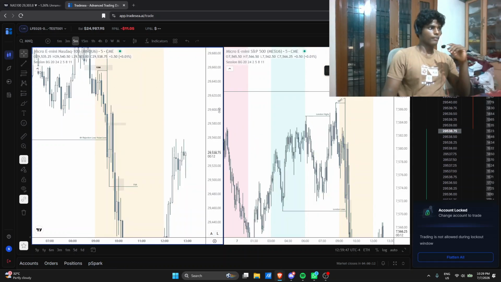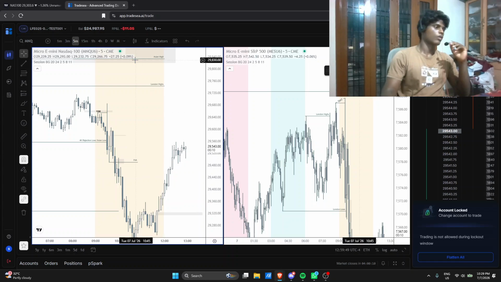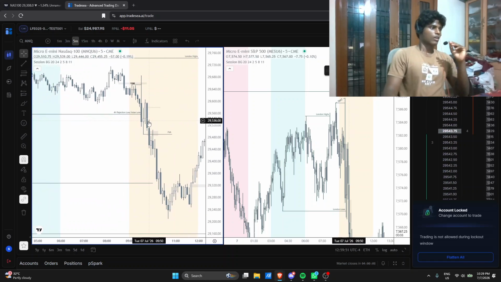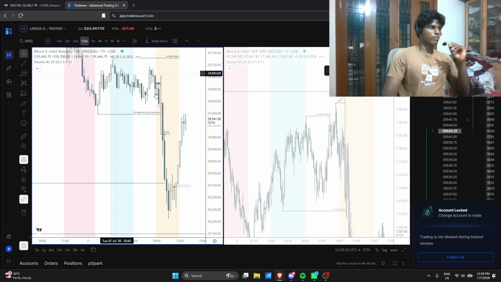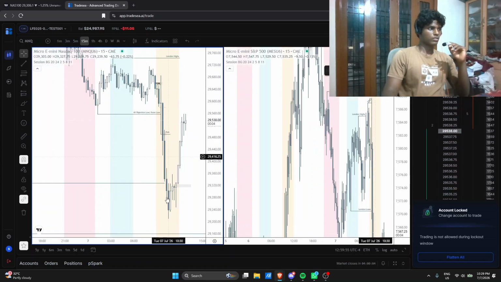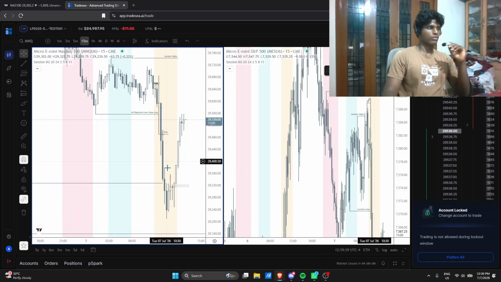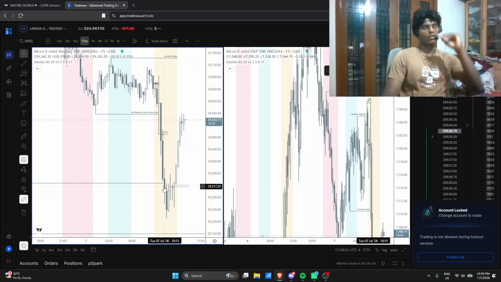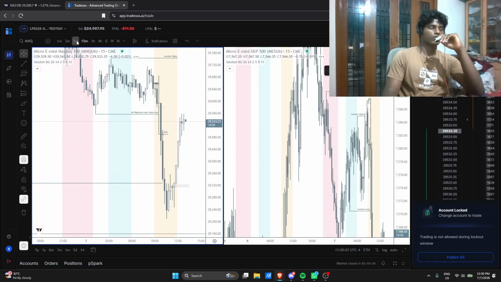After that, I wanted to see a 15-minute context to short, but I never had that 15-minute fair value gap form. The price was just keep on doing like this. At this point, price already took the highs. It took the draw on liquidity. I don't want to look for shorts anymore.